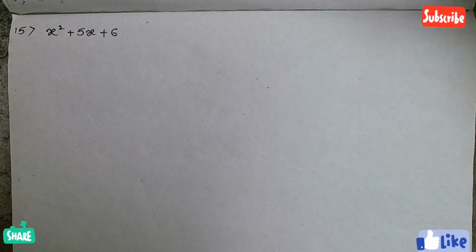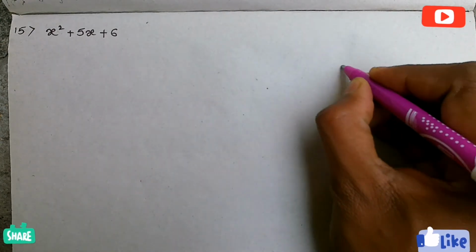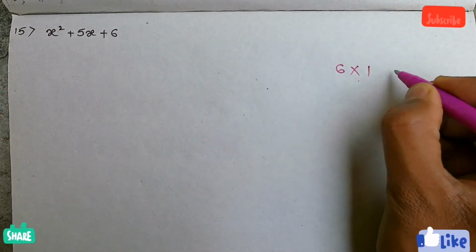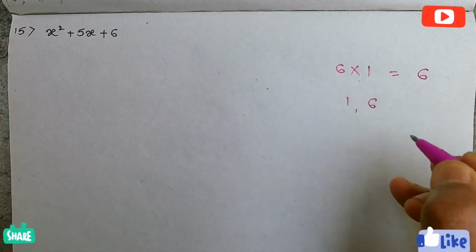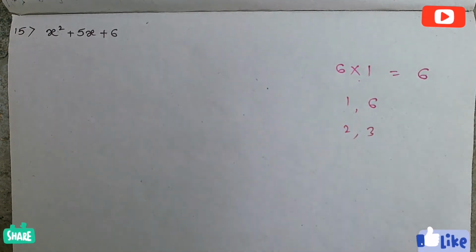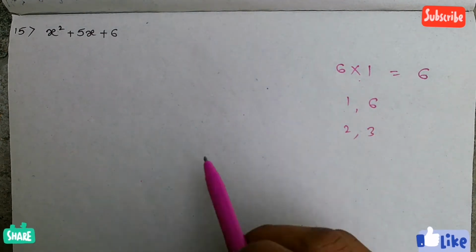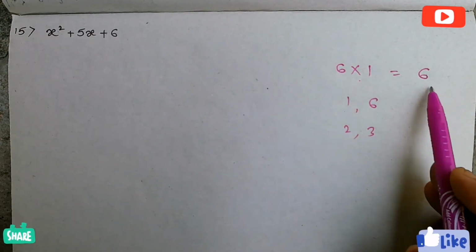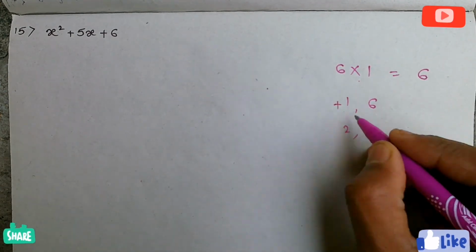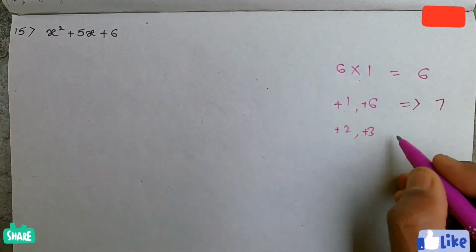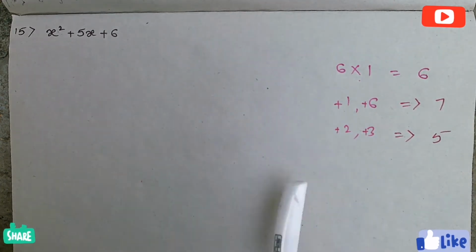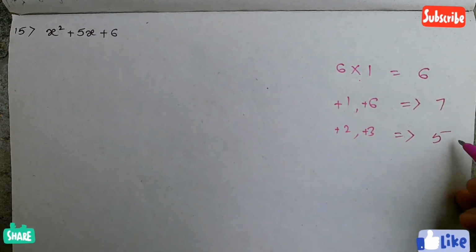Okay, let us check one more question. X square plus 5x plus 6. Here the constant is 6 into the x square coefficient is 1, so 6 1s are 6. Where will 6 come? 1 6 are, 2 3s are, again in reverse 3 2s are, 6 1s are. So only these two are the possibilities. Now the middle number is plus as well as the product is also plus, so both should be plus compulsorily. Plus 1 plus 6 is 7, plus 2 plus 3 is 5. In the middle we have plus 5, so this is the correct pair for us.